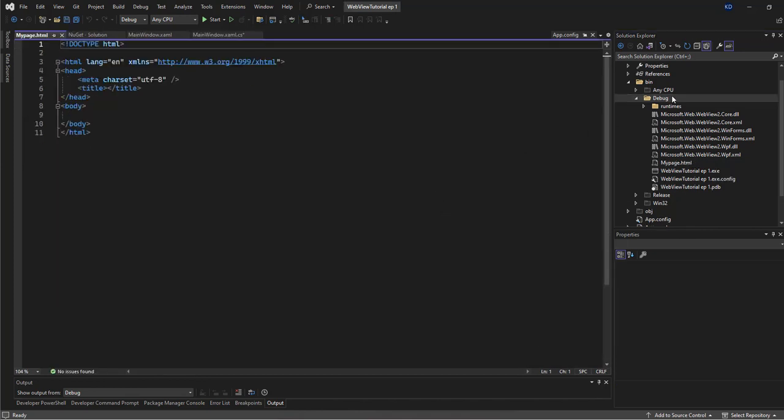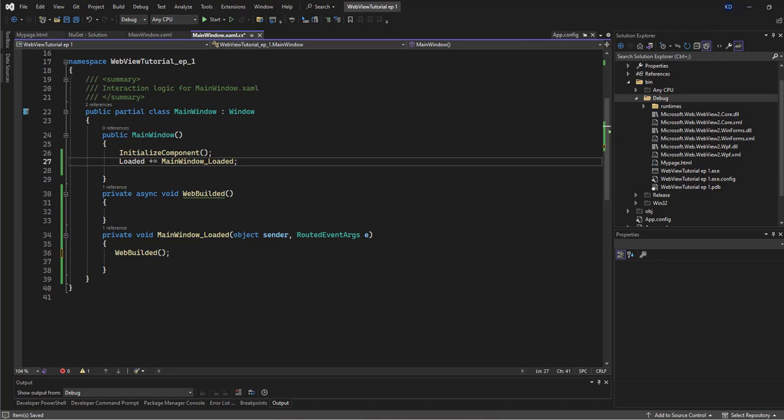Once you have the file inside of the debug folder, we're going to go ahead and open it, and from here we're just going to type in a p tag, and we're going to say here in HTML local file. Save that, and from that point we can begin to find the file and find the location of it